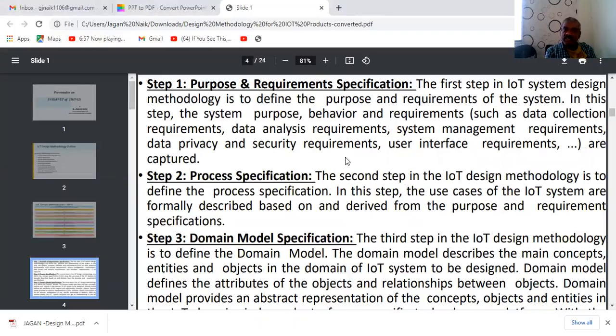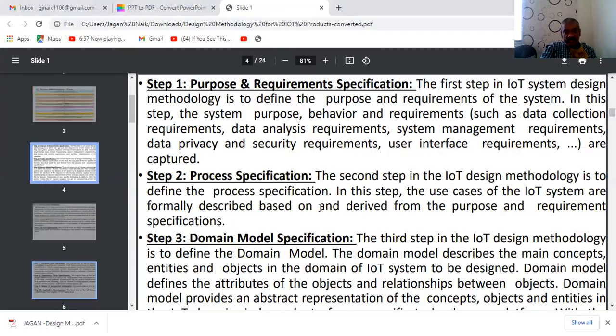The second step of the IoT design methodology is defining the process specification, using the use cases of the IoT system, and it can be derived from the purpose and requirement specification. And domain model specification.